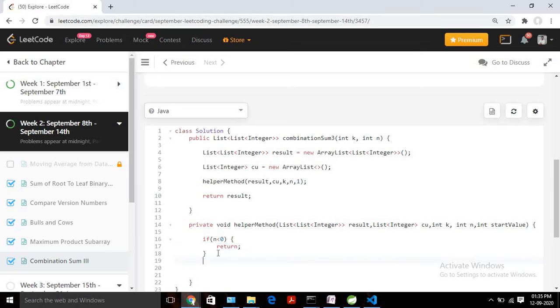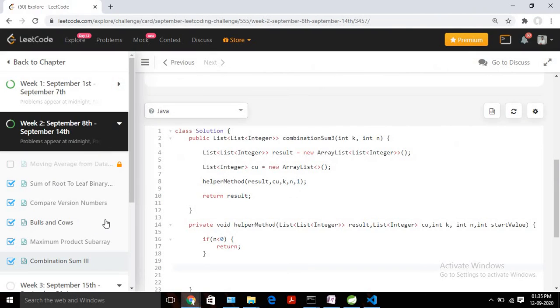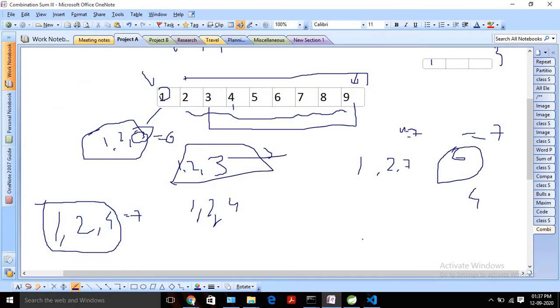Apart from this, whenever I find all the possible correct combinations, and whenever I see that my sum is also exactly equal to the n value, then we need to add it, right? So let's write logic for the same. So again I will check if my n is equal to, okay, so suppose I found this combination, right? 1, 2, 4.